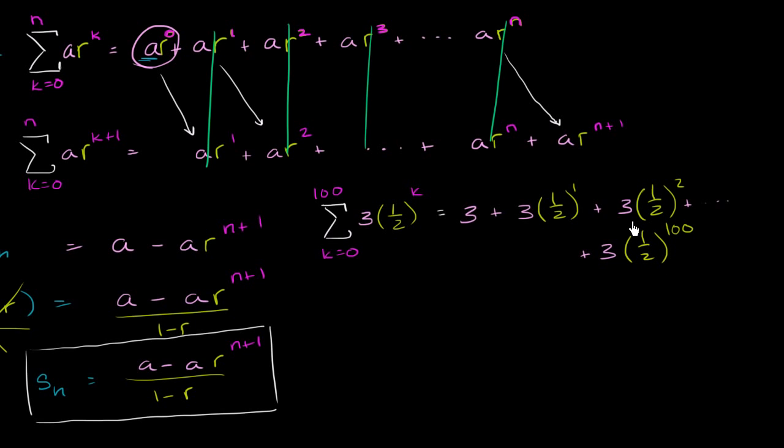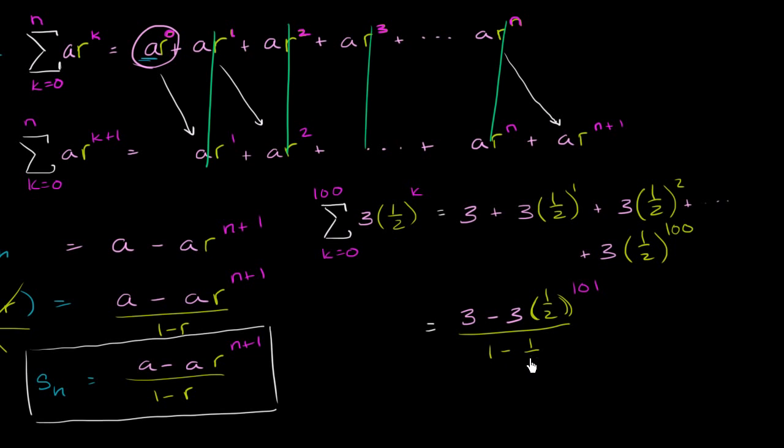Now you could probably calculate this with a calculator, but it would be very, very time consuming to add up these 101 terms right over here. Instead, we can apply this formula. So this sum is going to be equal to our first term, which is 3, minus 3 times 1 half, our common ratio here, times 1 half to the n plus 1. Well, n is 100, so it's to the 101 power. All of that over